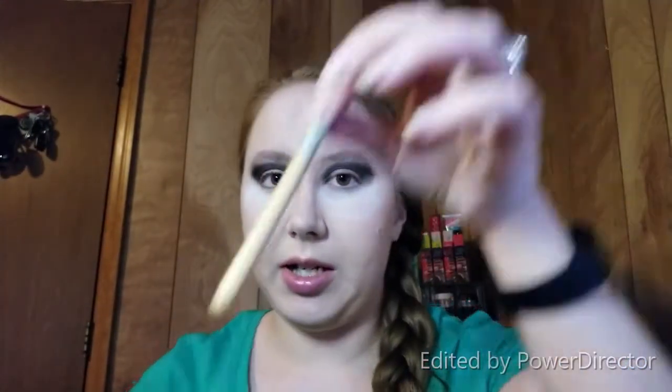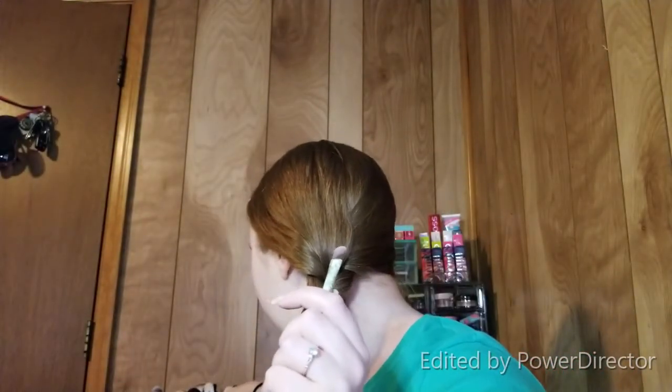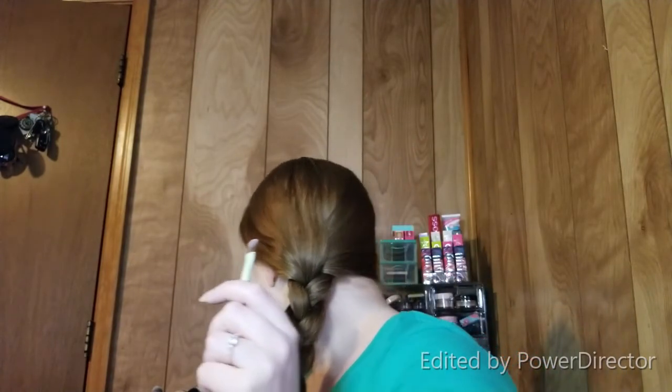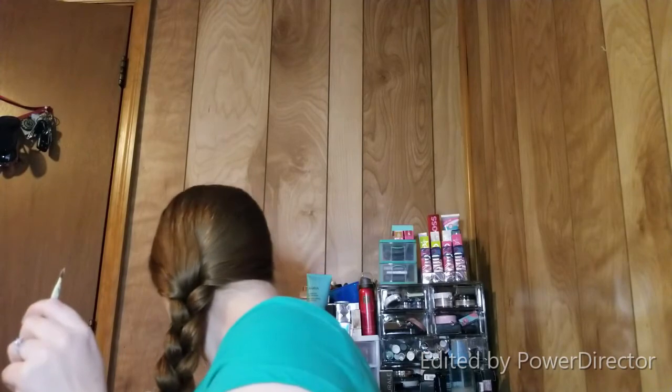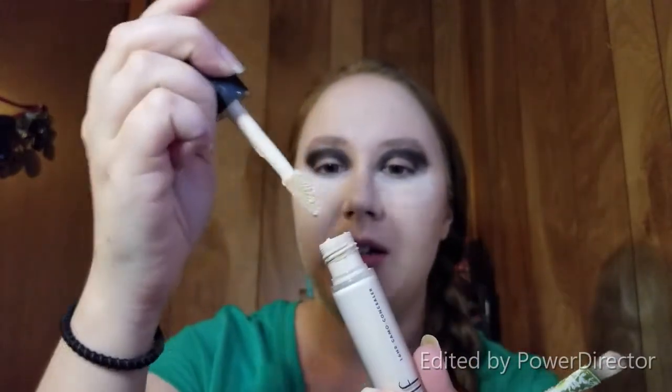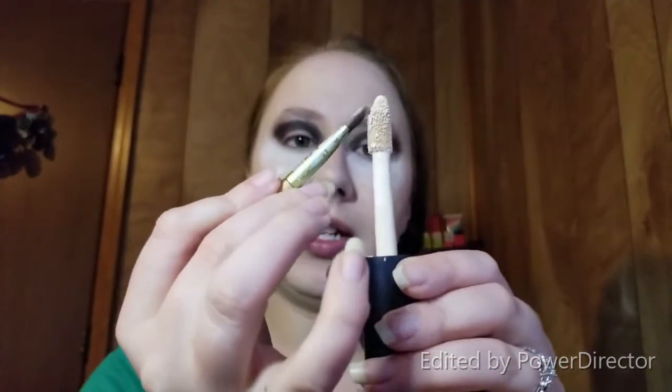So I'm going to take my super reliable little brush, and oh my god, where is my... Oh no. Oh, I don't know where my... Just kidding, I already put it on my desk. My e.l.f. Camo Concealer in Fair Warm. This is pretty much the only thing I ever use to cut my crease the few times that I do it. And I'm just going to take a little bit